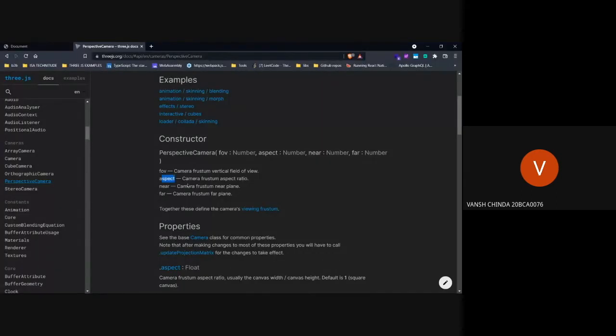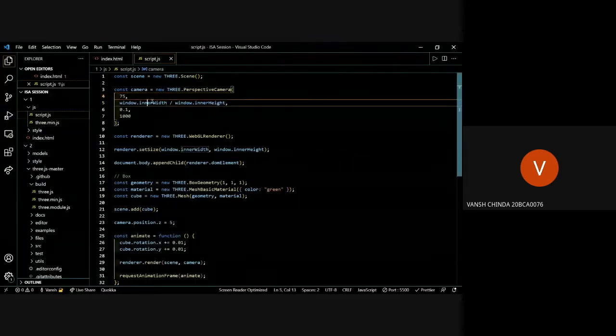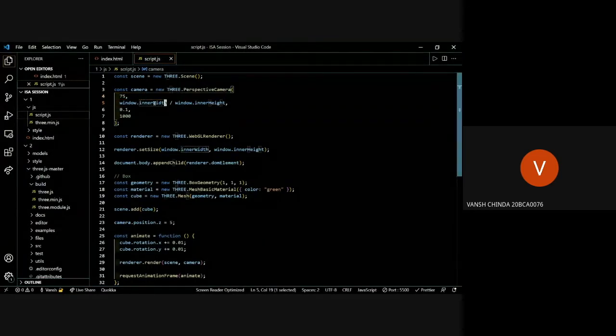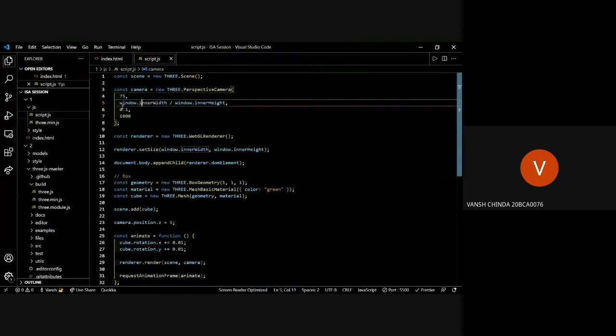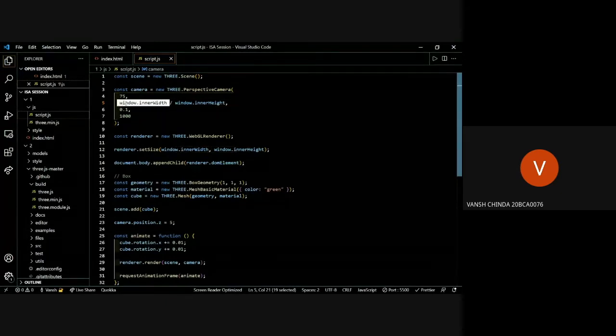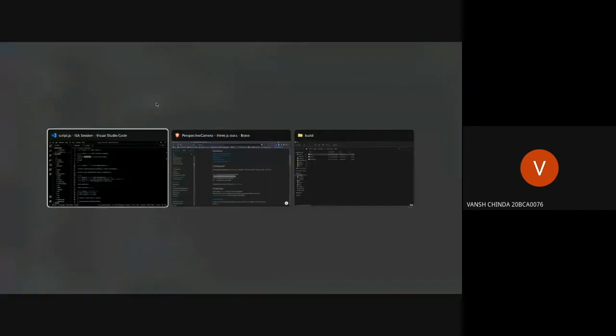Okay, so the second thing is our aspect ratio. The aspect ratio will first pass the width. This width always goes first. We are basically just calling window and asking it for our inner width. I'll show you what inner width is. The distance from here to here is the inner width. It's really simple. It's just the width and height of a browser. So I explained this as width, its height, and this is width.